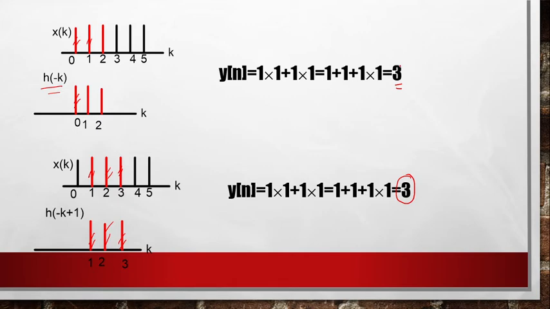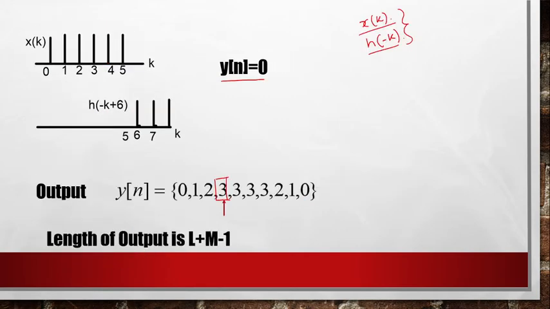So when we are writing the output in terms of a sequence, we have to mention that this is the 0th sequence, this is my n equal to 0. In this way I can write all the outputs. Now it is a very tedious process. Another thing I would like to tell you is how many shifts you have to do and how many outputs you have to get. If it is a complicated signal it will be very difficult for you to understand. So for that there is a rule.